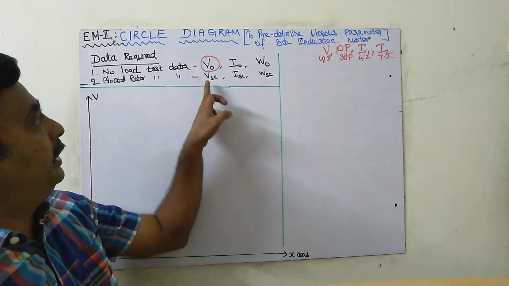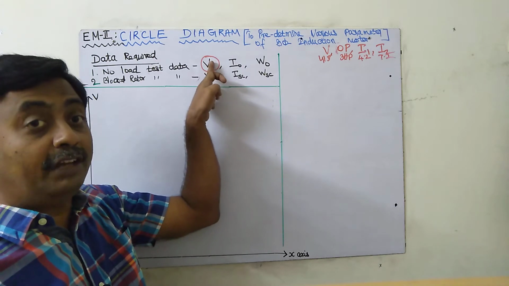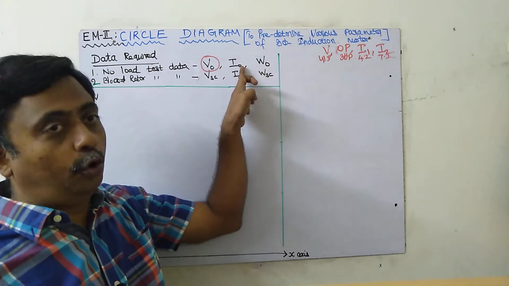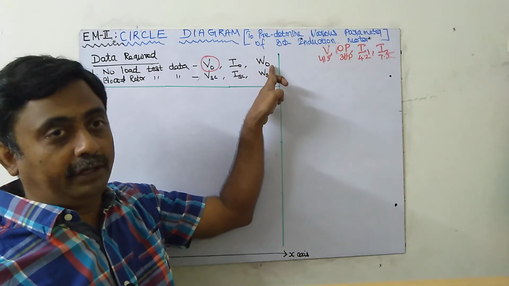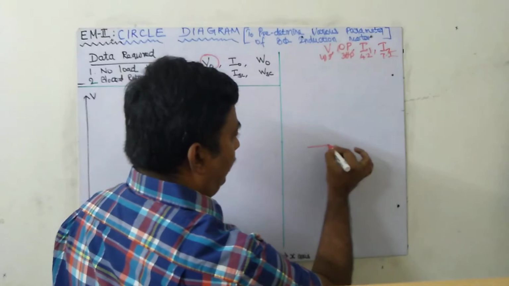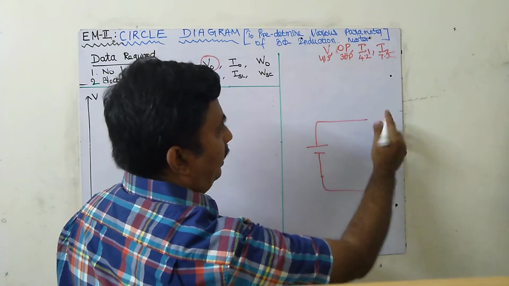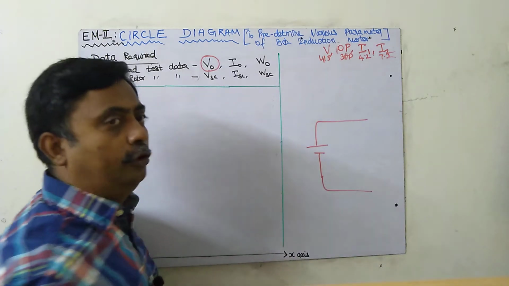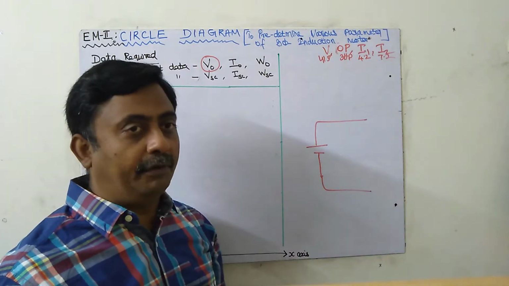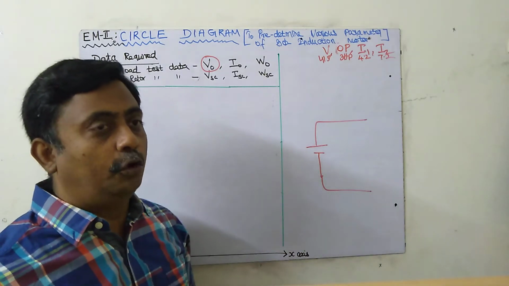Then V0 will be 415. By adjusting the autotransformer, we have to give the voltage. What voltage? Line voltage or rated voltage? V0 is the rated voltage. At that time, we have to measure the no load current and the no load power. Normally during no load, take a simple DC circuit where I put an ammeter: the no load current will be 0. Actually, the no load current will not be 0 here, because the machine will consume some power to compensate the constant losses, the fixed losses.